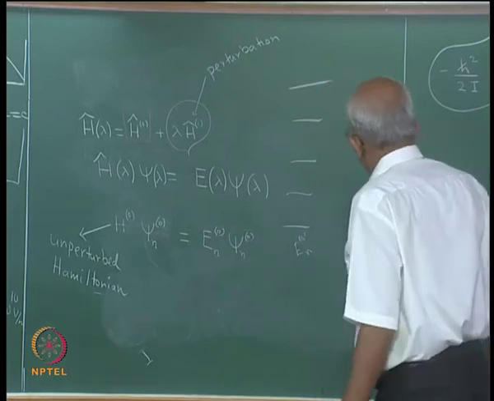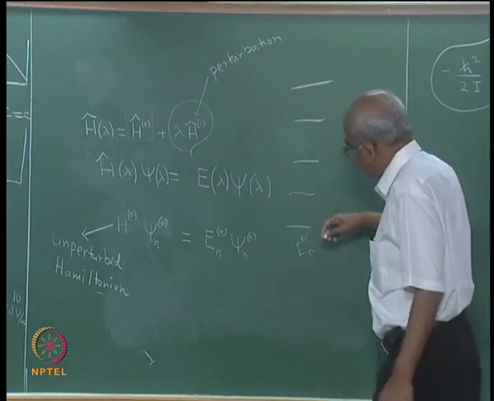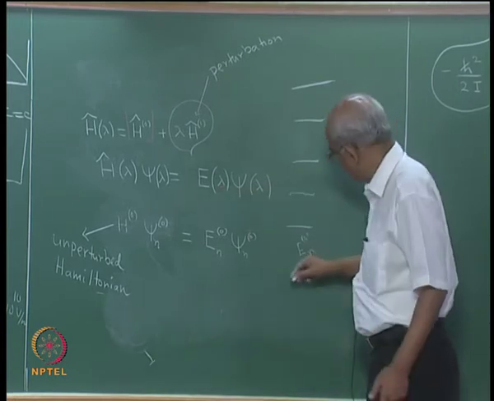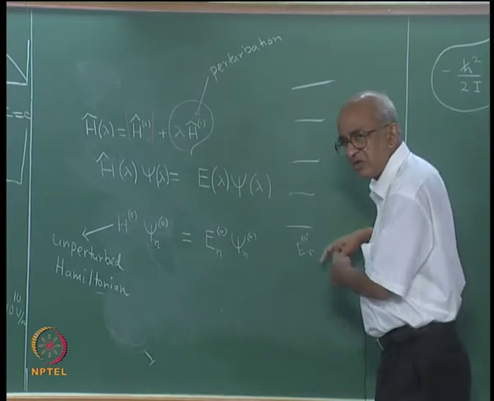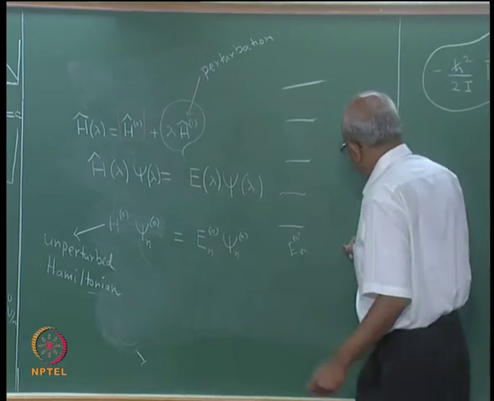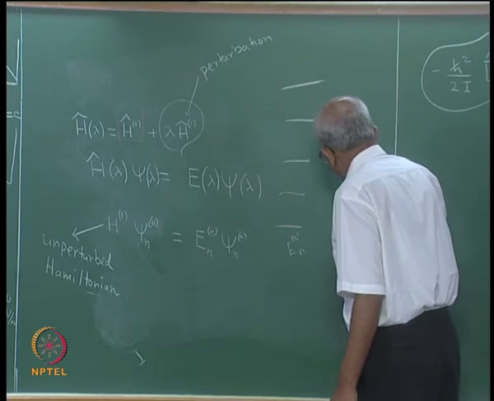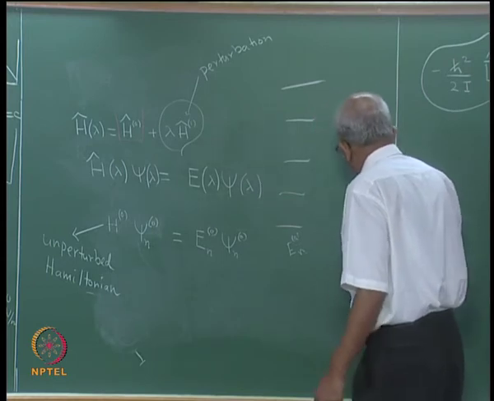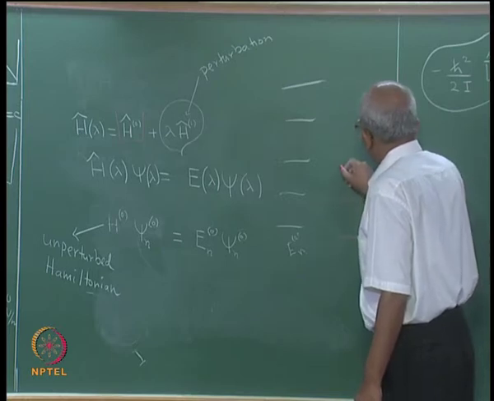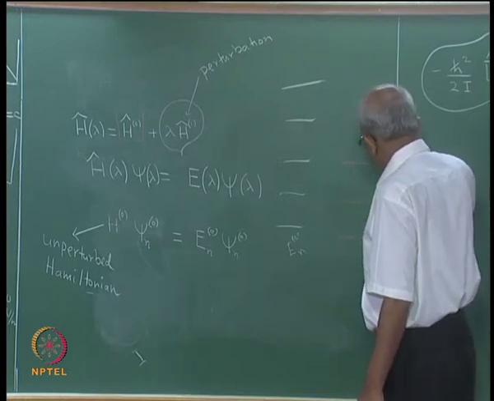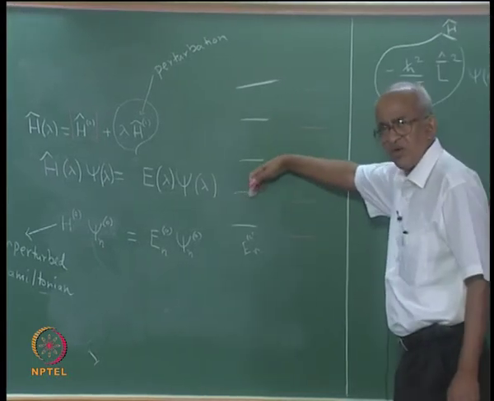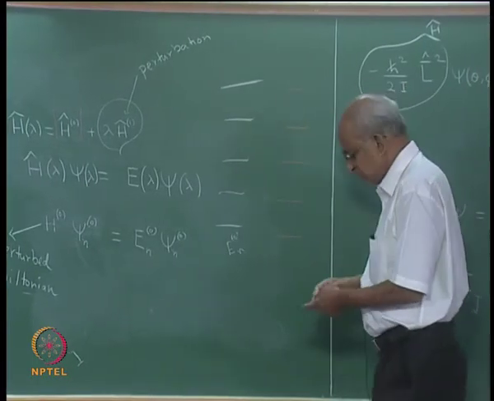And then as I increase my electric field, or as I increase my disturbance, these energy levels are going to change. So, let me say I will have a new ground state, then another new first excited state, another new second excited state, third, fourth, etc. So, the energy levels are no longer coinciding with this. So, this is the ground state,